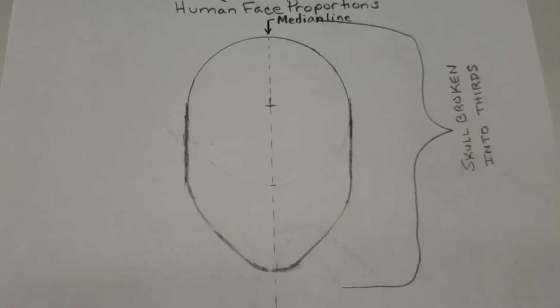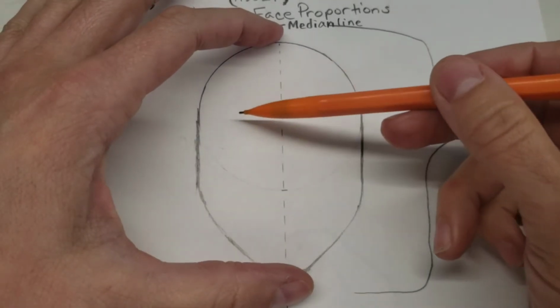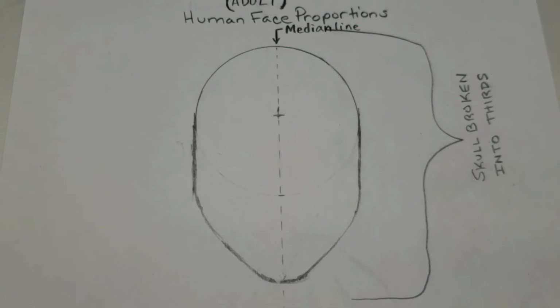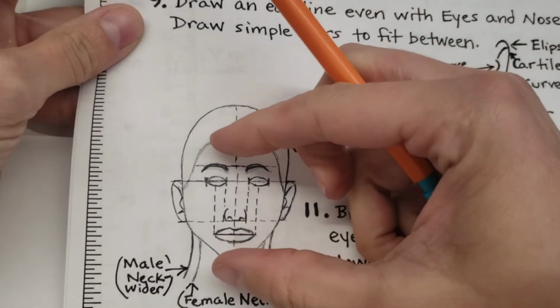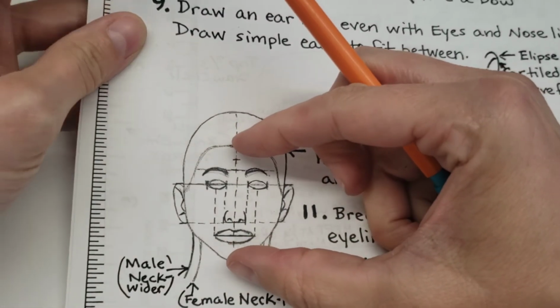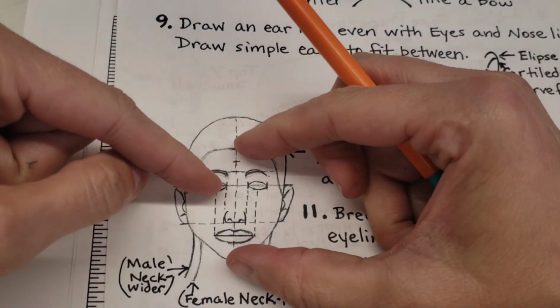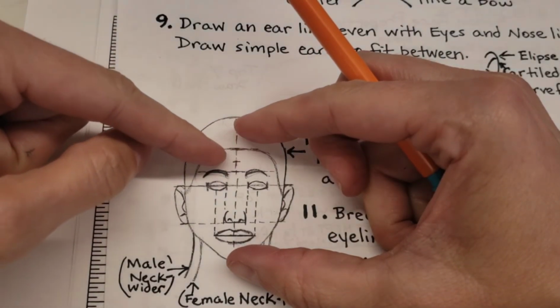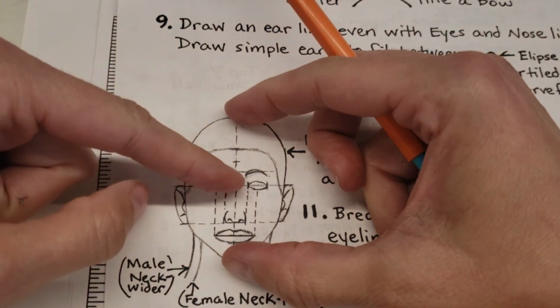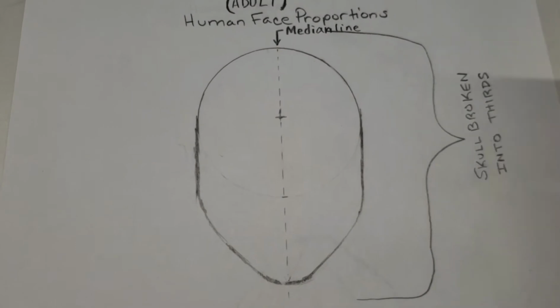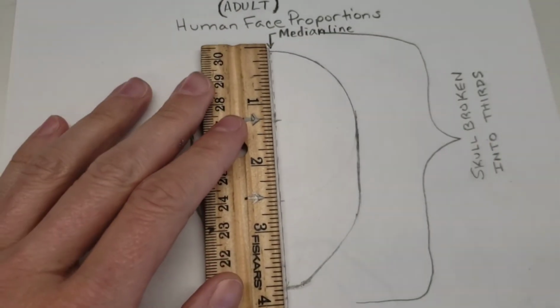Now we need to put the eyes. Most students put their eyes in the middle of their forehead. I don't know why, but your face is actually pretty low. Let's look at a picture of a person. This is really quick. Your face is this much, right? The top of your head is covered with hair up here. So if you put your eyes in the middle of your forehead, it'll be way up here. So halfway down is where your eyes actually go. So since we can measure this little guy right here,